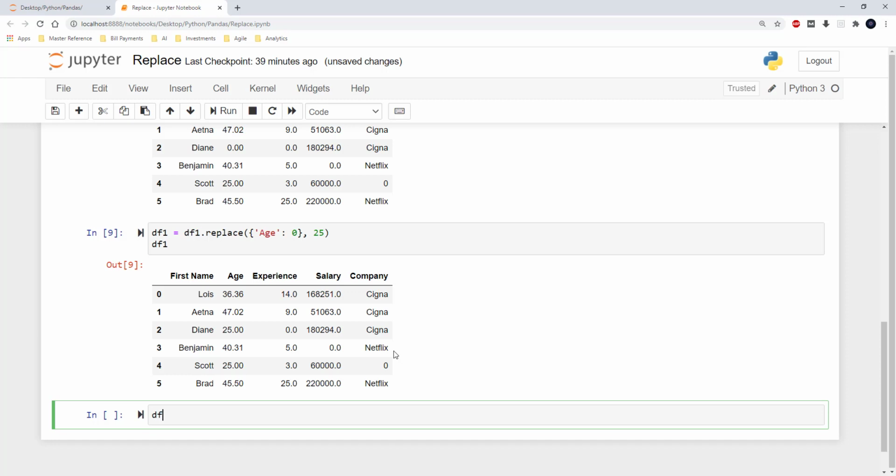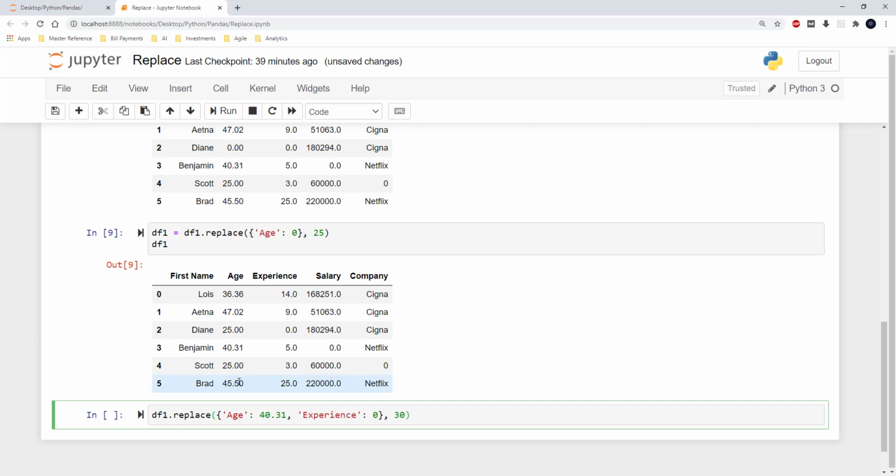In order to do that, I am again using the replace command, and within that replace I am opening up the dictionary syntax, and in that I am selecting the age column, and I wanted to replace the age which has the value 40.31, and again in the experience column I wanted to replace the value which is 0. So both of these I wanted to make a value of maybe 30.